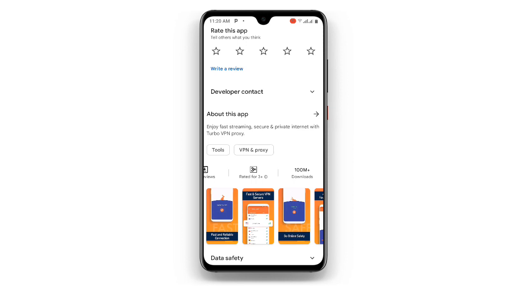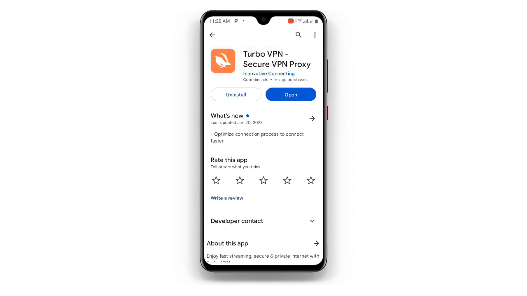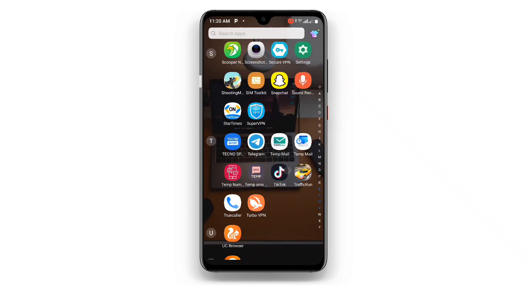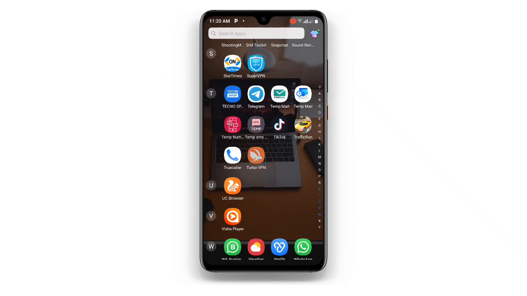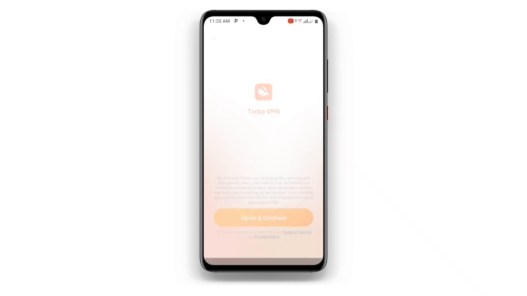You can see this special application has more than 100 million downloads. If you already have it but it is not updated, you need to make sure you update it and use the latest version of this application. Now once you are done, go ahead and open this Turbo VPN. Just open this VPN, skip the ad, click on agree and continue,